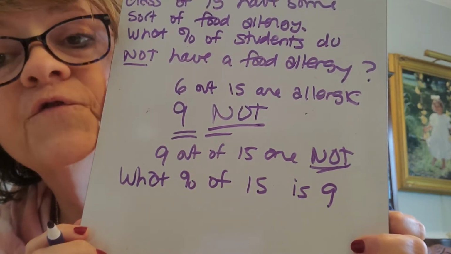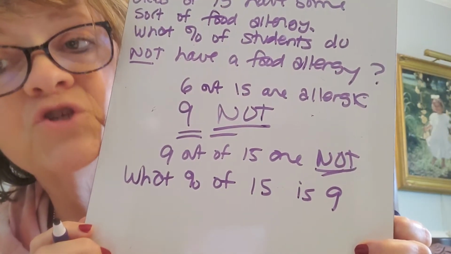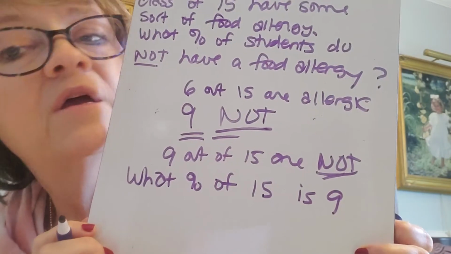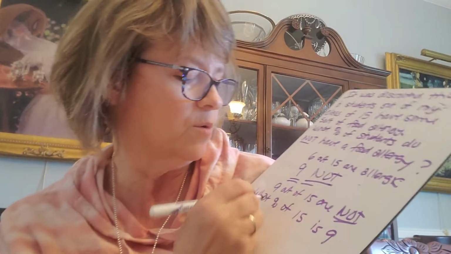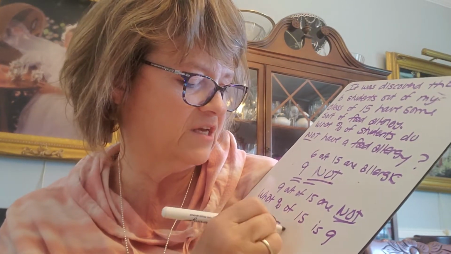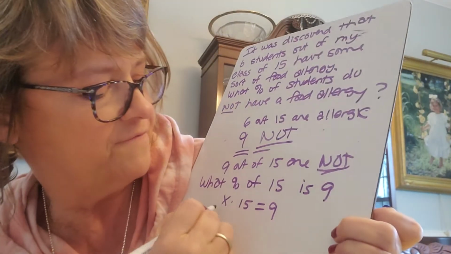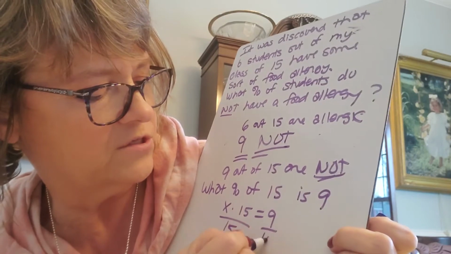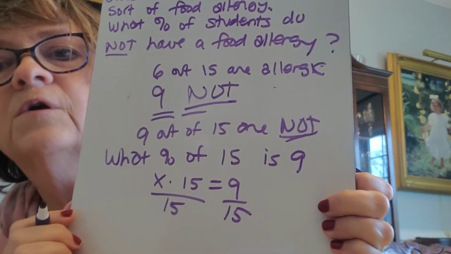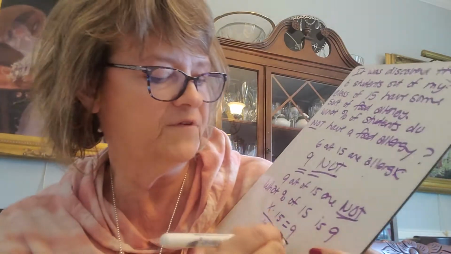Like I said, you could have used the 6 to begin with, but once you got your answer, you would have to do another step. Either way will work, though. So x times 15 equals 9. I have to divide by 15 to get my answer. So I'm going to divide 15 into